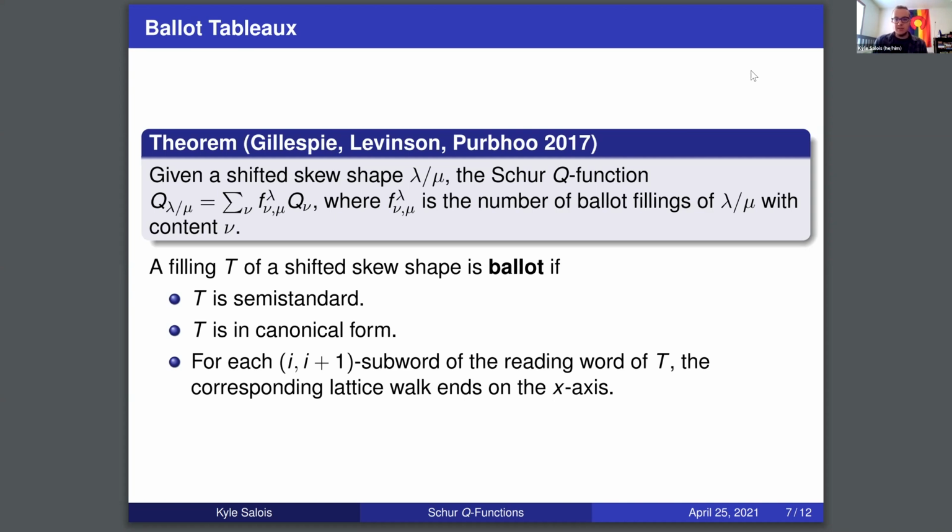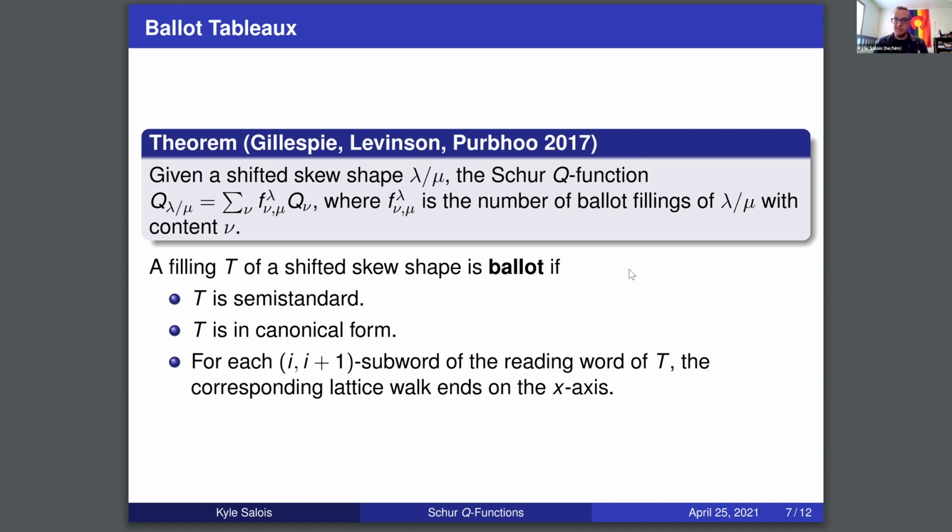The exact number is the number of ballot fillings of your large skew shape with whatever your new content is in a ballot way. And so what does it mean to be ballot? Well, again, we need semi-standardness. So that's that primed and unprimed entries business. The tableau has to be in canonical form, meaning if you take the reading word, so left to right and bottom to top,